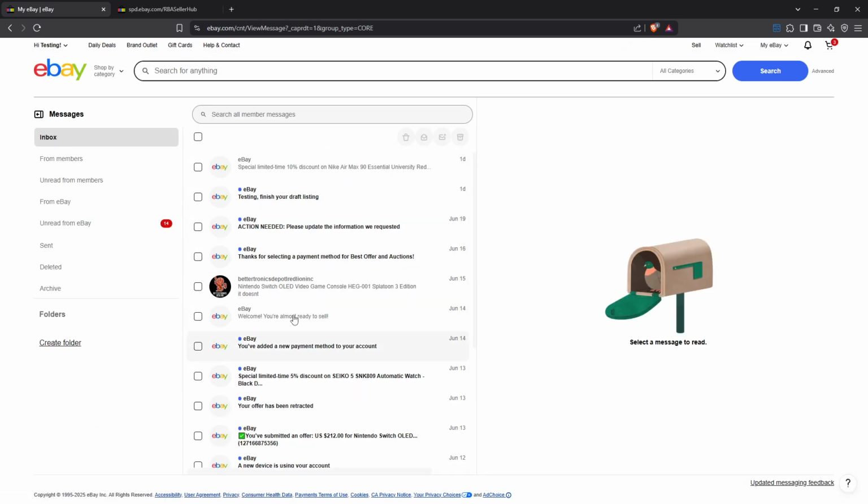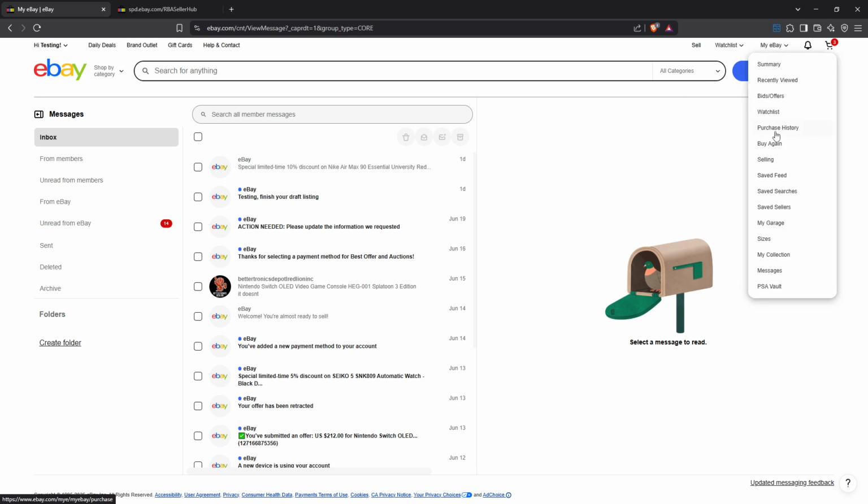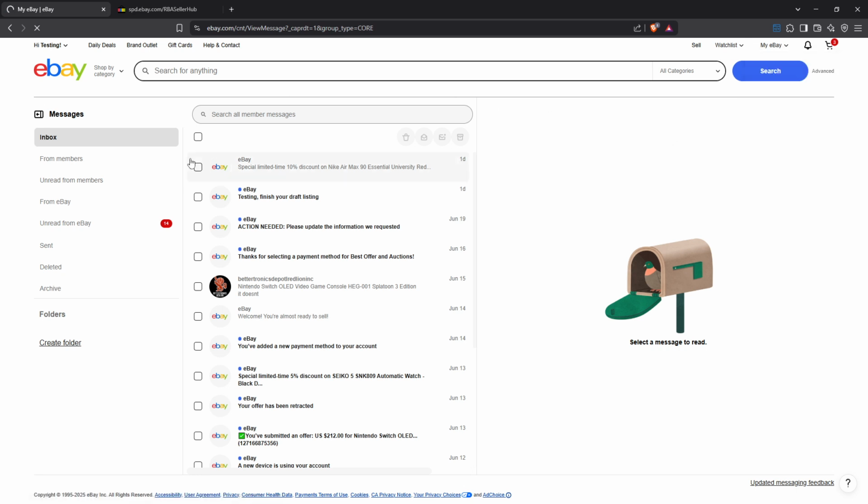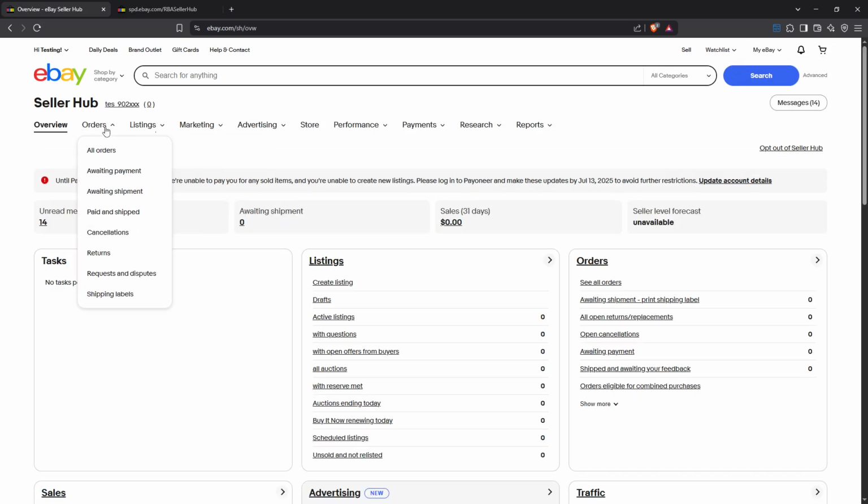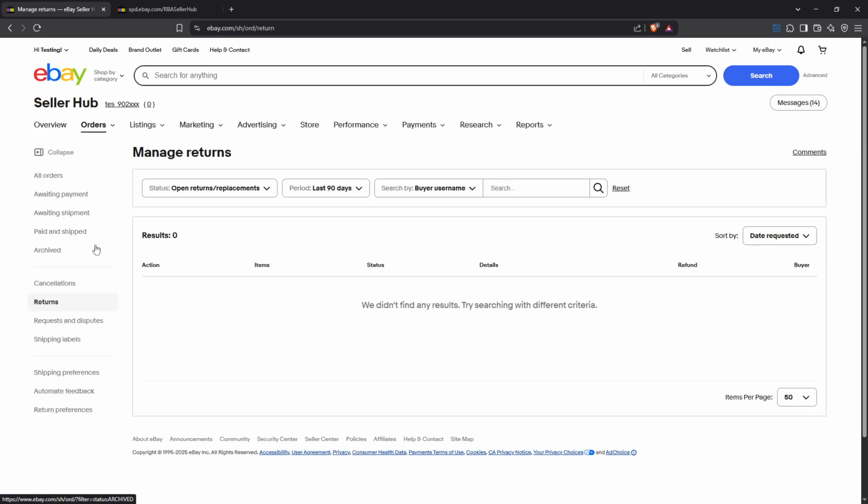With that said, the next step is to review the return reason provided by the buyer. Start by navigating to the seller hub, then click on orders followed by returns. This sequence will take you to the relevant section where you can gain insight into the buyer's perspective. By clicking on the specific case, you'll get their stated reason for returning the item, which is pivotal in understanding